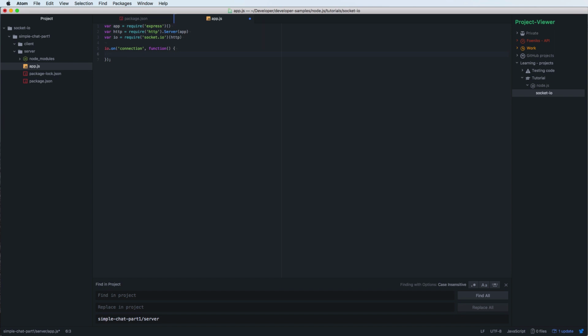We want to tell the terminal a user has connected. So let's say a user has connected to the app, and if the user is going offline again,